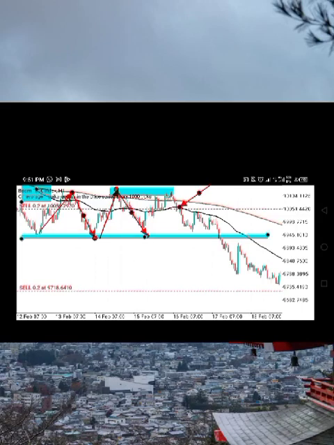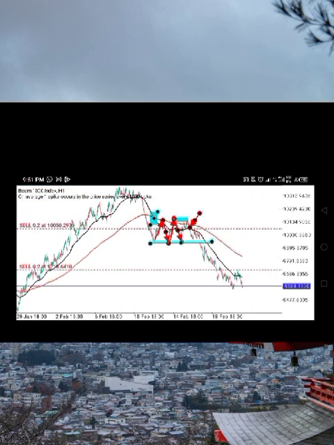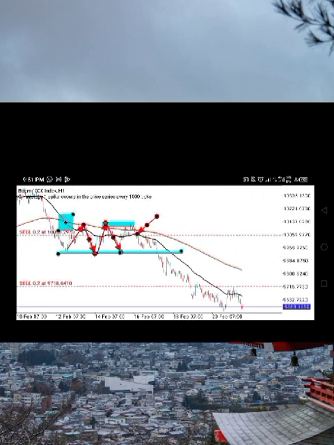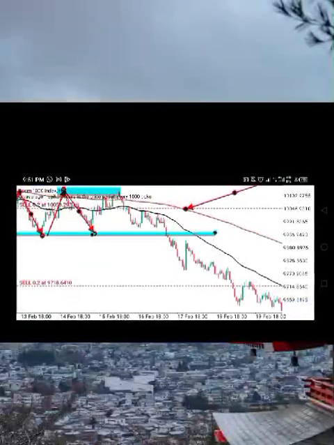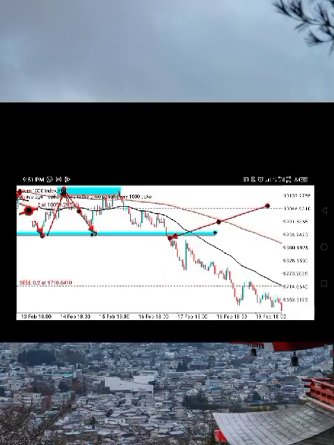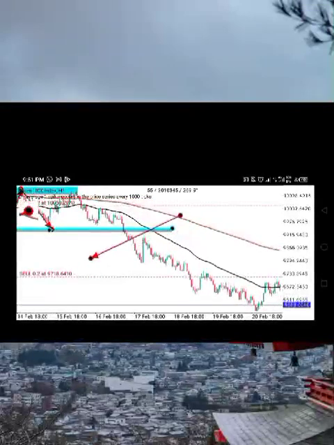And once this support zone is broken, the sell begins to go. So you see, it broke the support zone. Actually, look here, it broke the support zone here. Let me open again. It broke this support zone here, and you see from this moment, from where I took my entry,